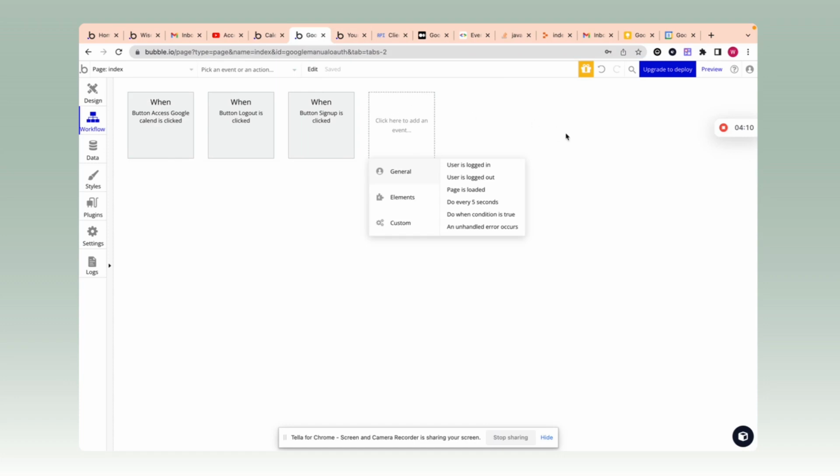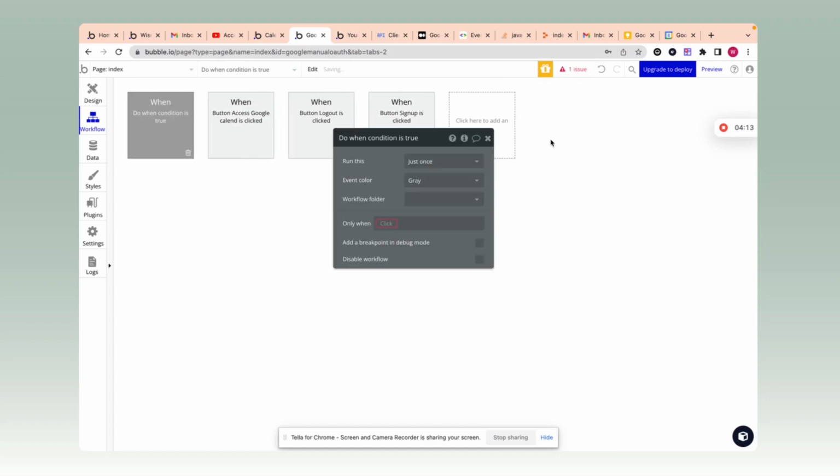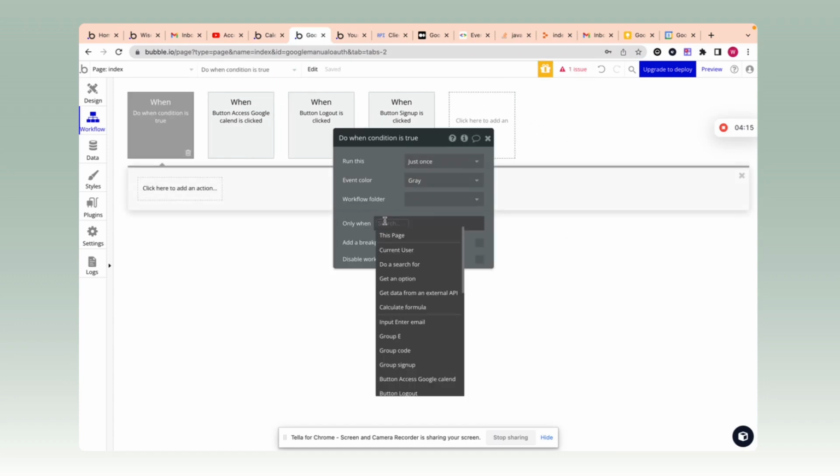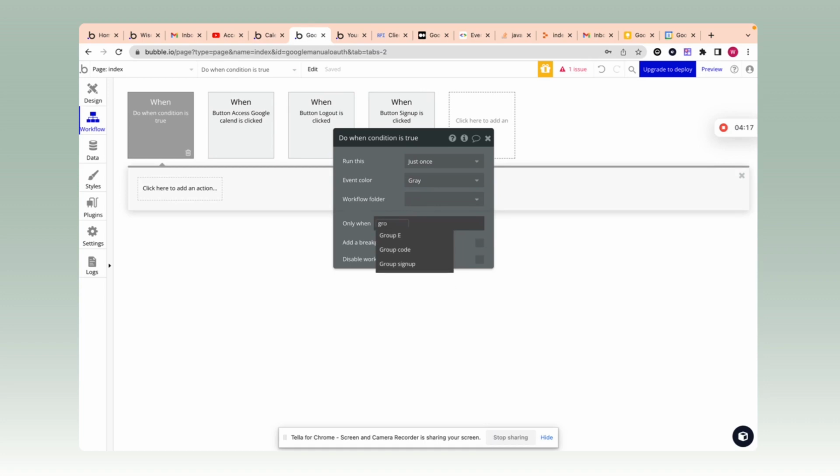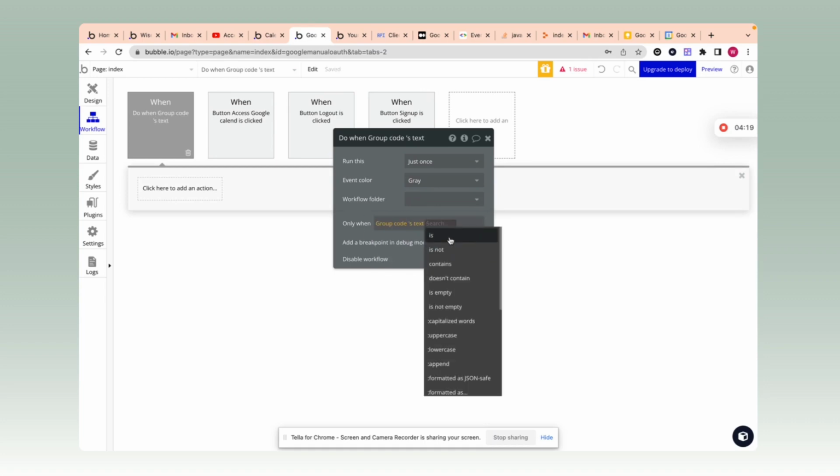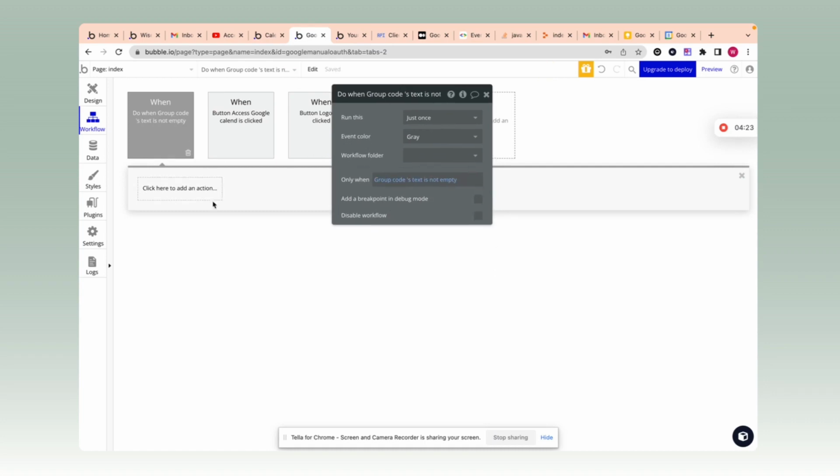So we want to create a workflow that runs when a condition is true, essentially when group code's text is not empty. So that way we know when the page is loaded and there's a code in the URL, we want to run a workflow. Now, when I say group code's text,